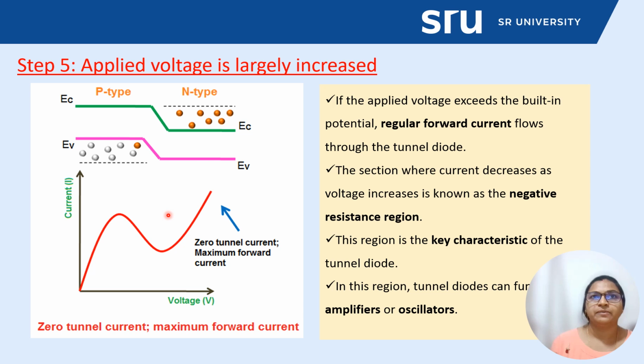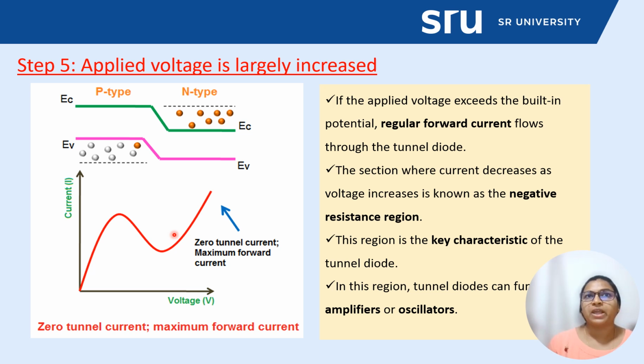At this point, the conduction band and valence band no longer overlap, and the tunnel diode operates in the same manner as the normal PN junction diode. If we forget about this part, this part is basically similar to a normal PN junction diode, right? So if we summarize this, the tunnel current under very high voltage